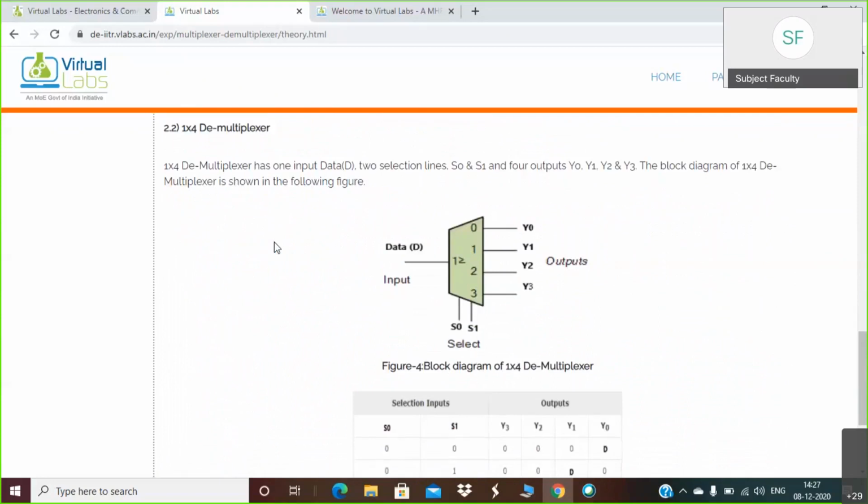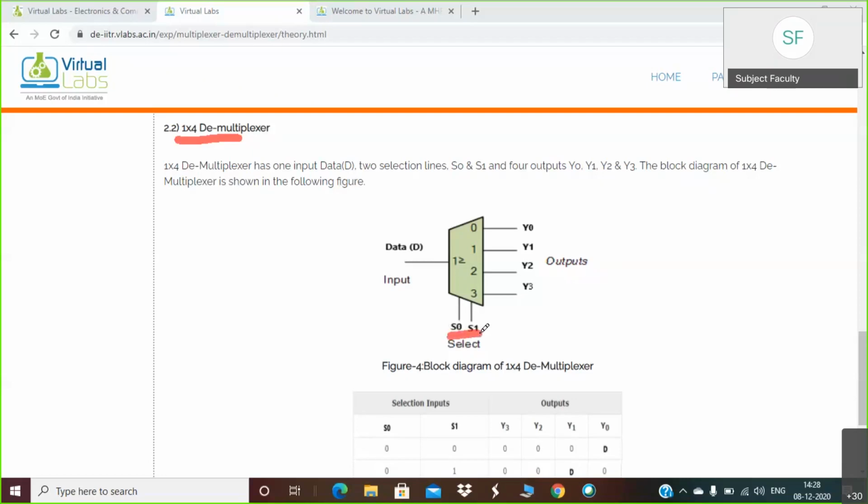And this is again the second part of this lab. First part is multiplexer, 4:1 multiplexer, and second part is 1:4 demultiplexer. So again, you can observe here the 1:4 demultiplexer symbol, or block diagram, is given. Again, here also same.